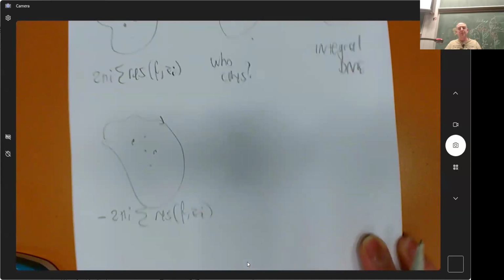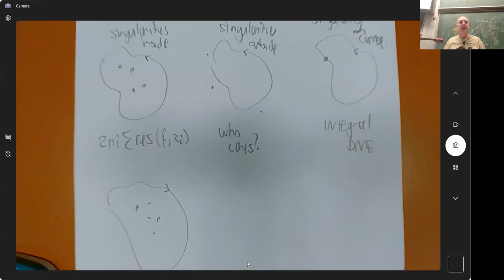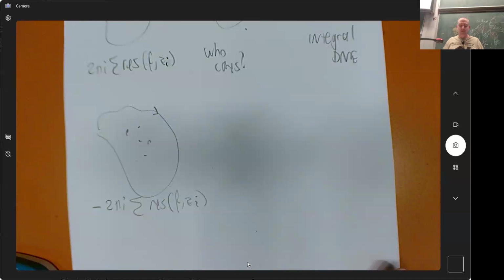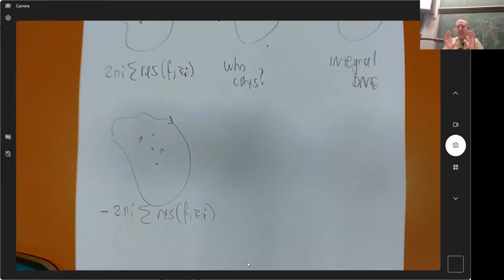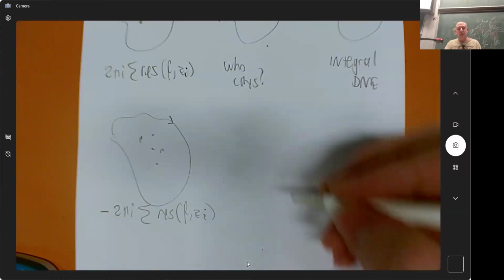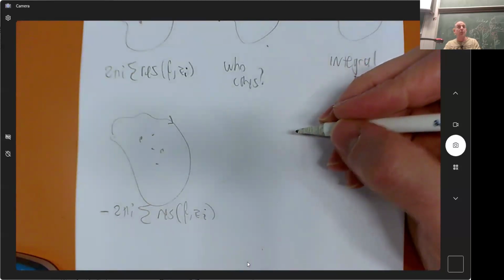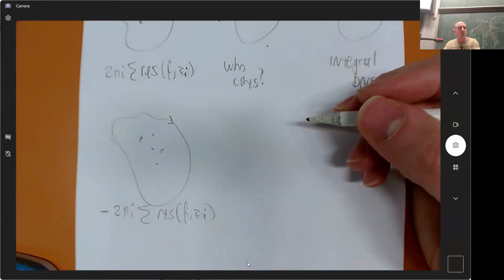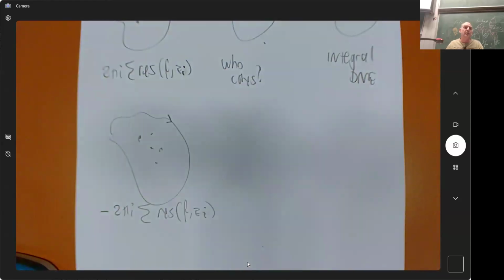Yeah, so it doesn't mean that the ones on the inside are now on the outside. It just means that it's minus what it was before, because it's traced in the opposite direction. But that was true. Tracing a path backwards in the real numbers produced minus the original answer. Like if you do the integral from 1 to 3, you'll get an answer, and if you do the integral from 3 to 1, you'll get minus what it was before. Still true in the complex numbers.